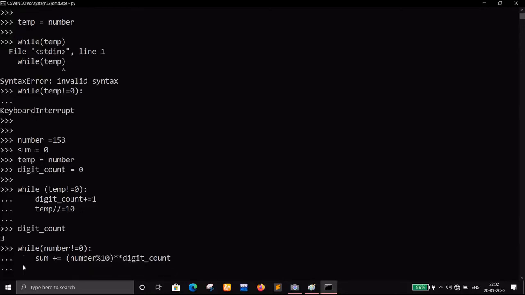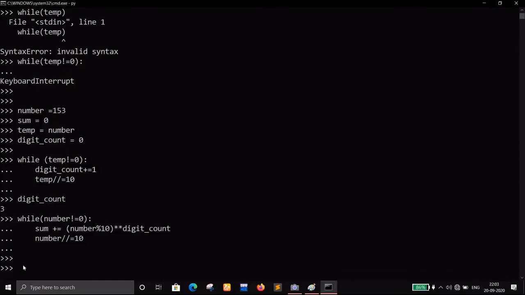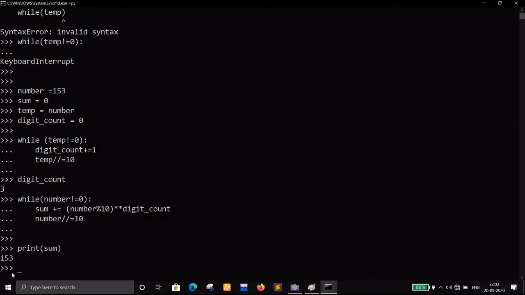Now what we will do is take the number mod 10, because you will actually remove one digit, right? So what is the value of sum? Let's check it out. Sum, as you can see, the value of sum is 153. So now if sum equals number,